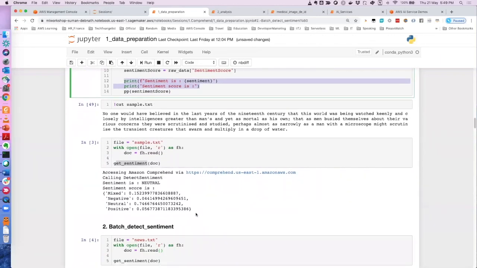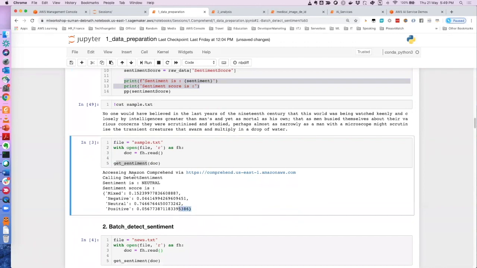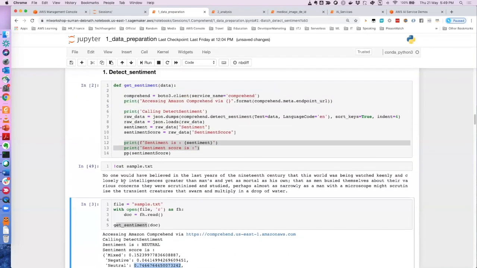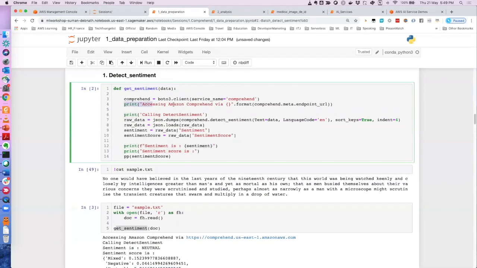Now if you see, this text is a neutral text, so it is neither positive nor negative. It's a neutral sentiment. And the confidence level is 74%. One more thing I missed telling you is I am also printing the API endpoint. As I said, all the AI-based services like Comprehend have endpoints, and you just call that endpoint.